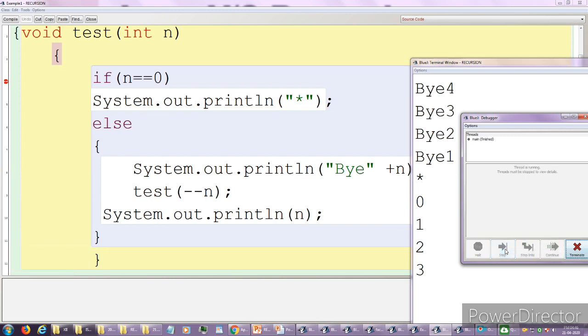Now one question definitely comes to your mind. Why is 4 not printed? Because when we call this test the first time, it is called with 3, it's not called with 4. That's why 3 is stored there. So 3, 2, 1, 0. Lastly we have 0, that's why it starts from 0. So this is the special feature of recursion. We have to give our full concentration there and utilize this special concept as well.